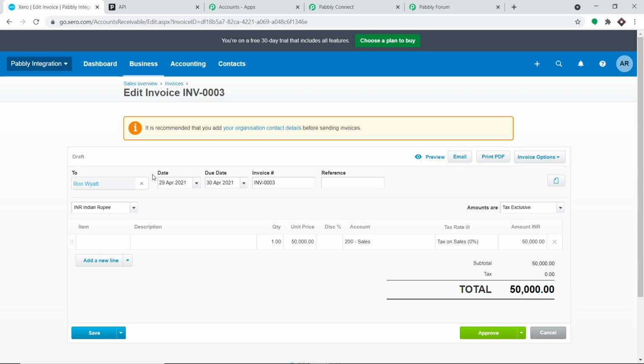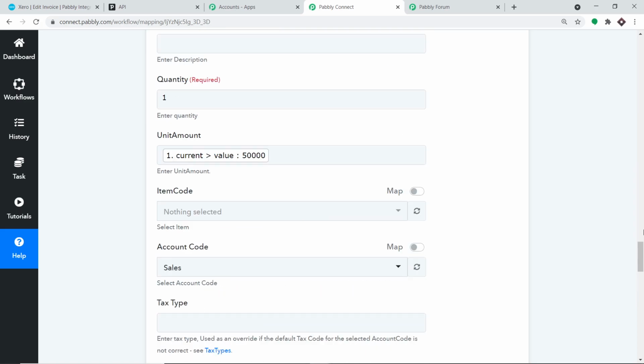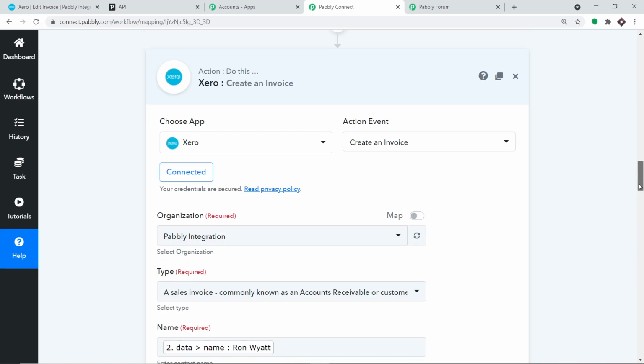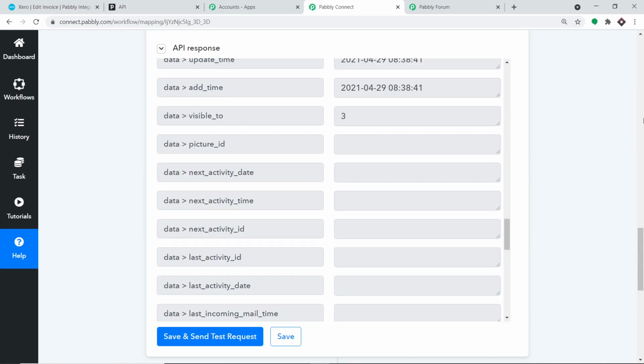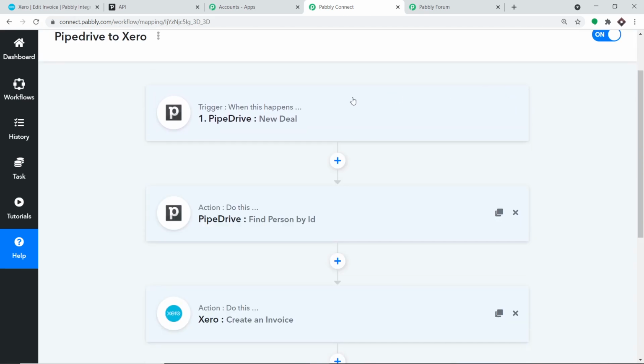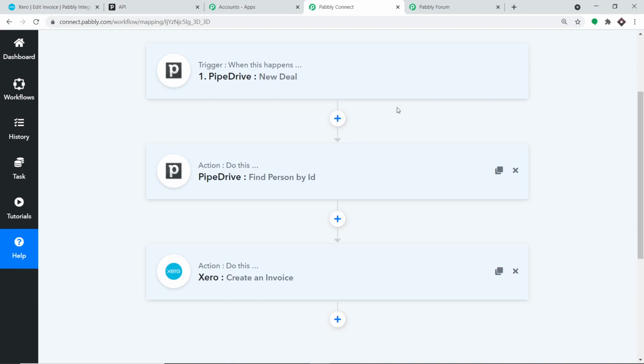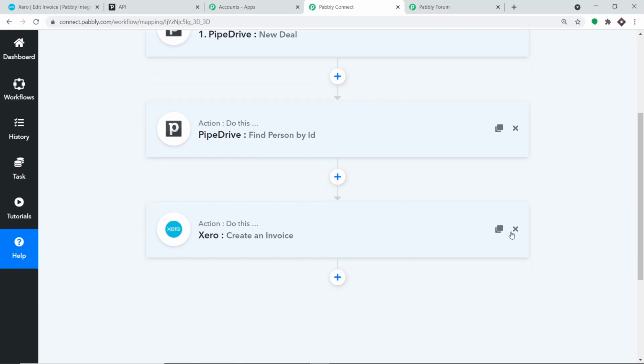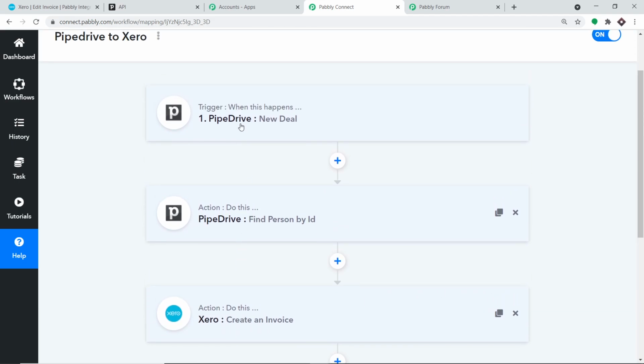Now, before you leave, let me just explain the whole mechanism in a nutshell. So I'm taking you back to Pabbly Connect, and I'm going to minimize this action window, and this action window, and of course I'm going to minimize the trigger window. So basically this is the whole process in a nutshell. First you integrated Pipedrive to Pabbly Connect, and then you extracted the details of the person, especially the email as well as the phone number from a particular ID, and then you integrated Xero to Pabbly Connect to create an invoice. So now there's a perfect flow of data between Pipedrive and Xero. Excellent.